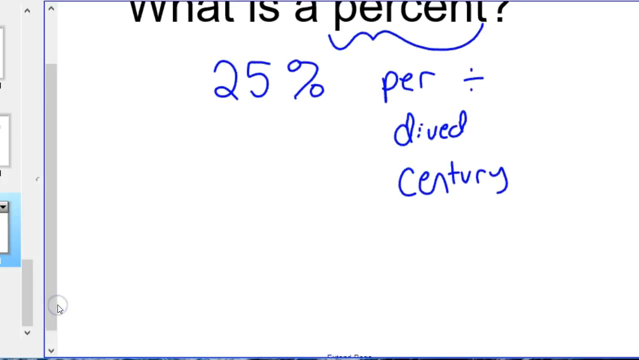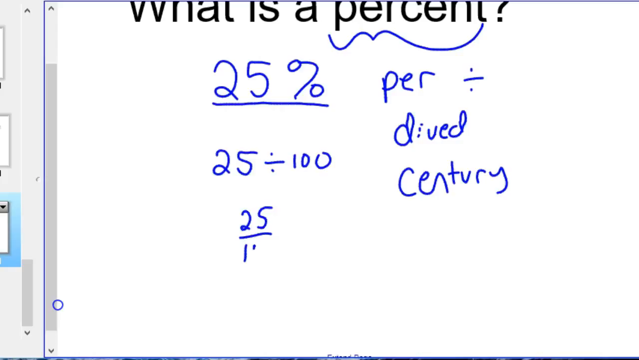So when you see this symbol here, this is really telling you to take 25 divided by 100, or 25 over 100. Well, if you take 25 divided by 100, you end up with 0.25. So keep that in mind. Where people get in trouble is if,